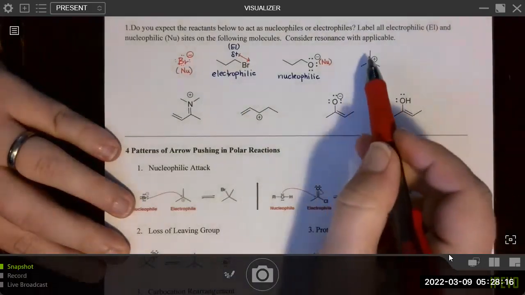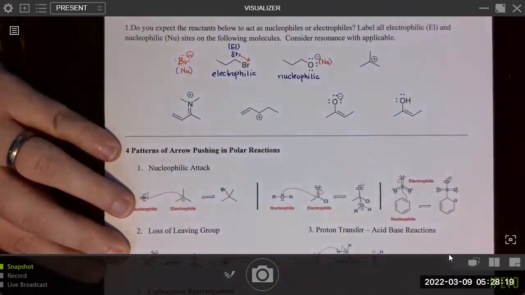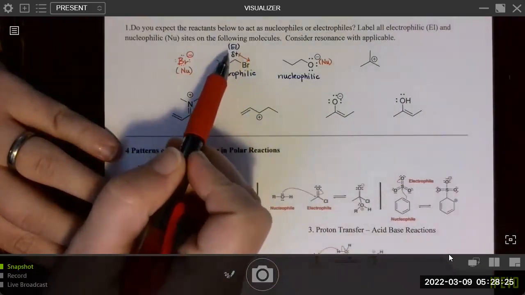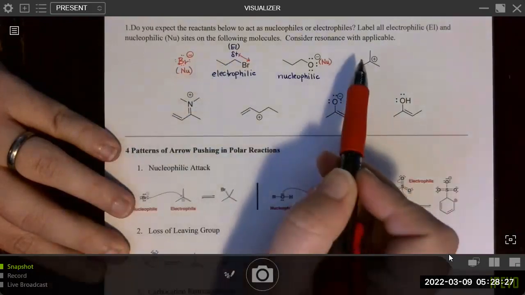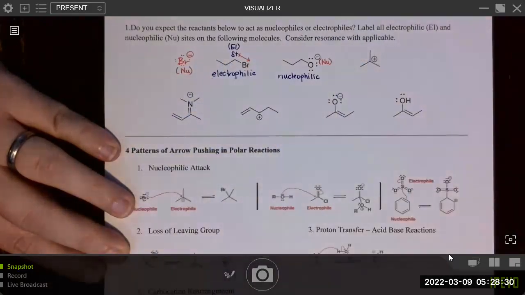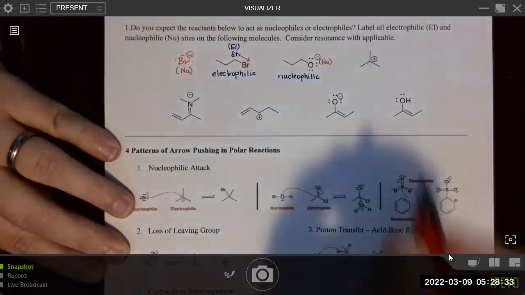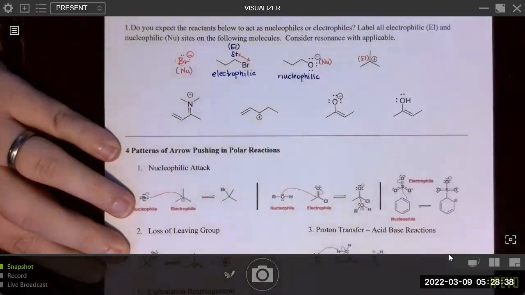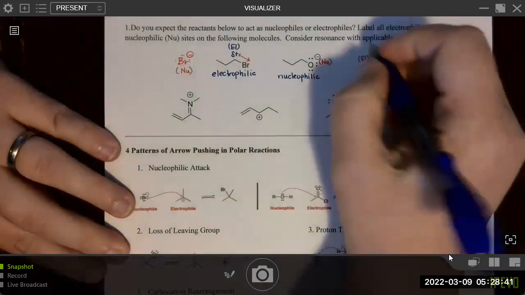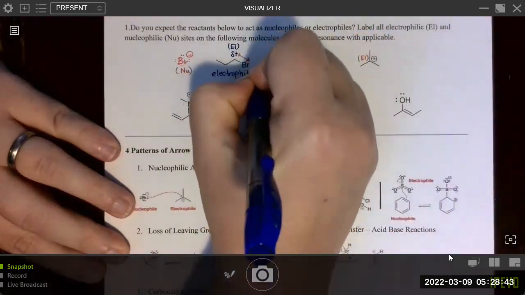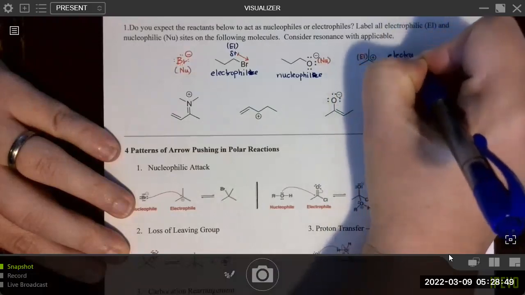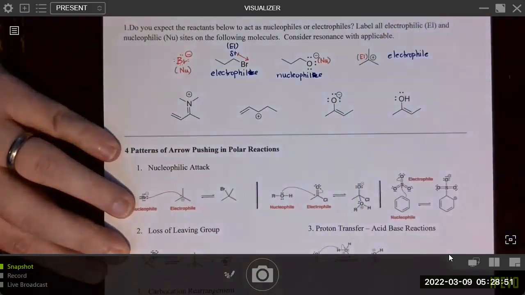Let's look at this carbocation, right? Hopefully that positive charge shows you that if we have a structure that has a delta positive, meaning a partial positive charge, and that's electrophilic, then something with a full positive charge would be even more so expected to be electrophilic. Okay, so we'll go ahead and label that as electrophilic. I guess I should have been writing electrophile, nucleophile, and again, the whole thing is called an electrophile, even though the carbon itself is electrophilic.